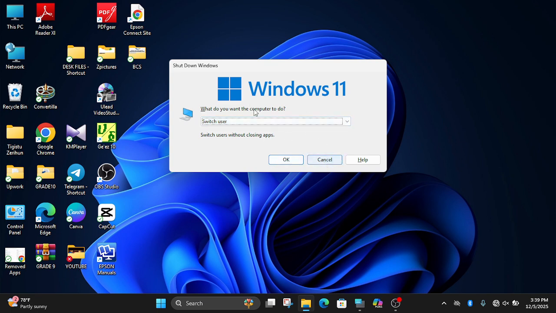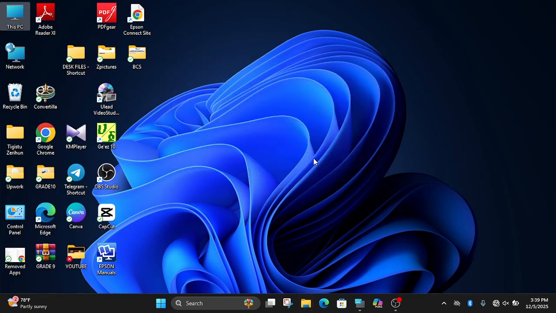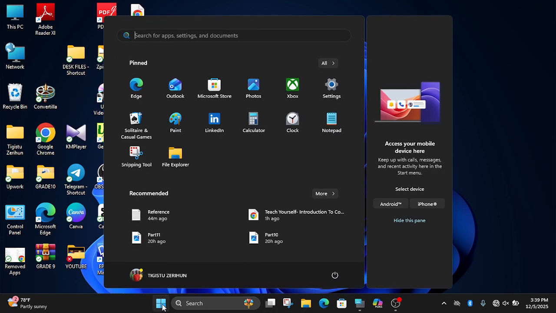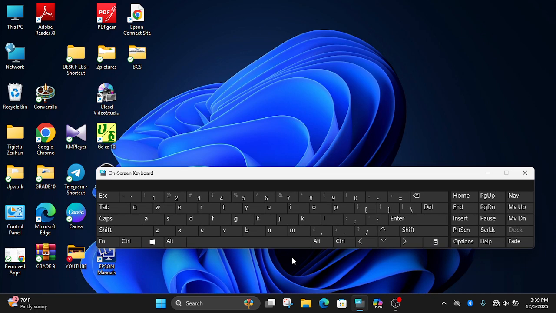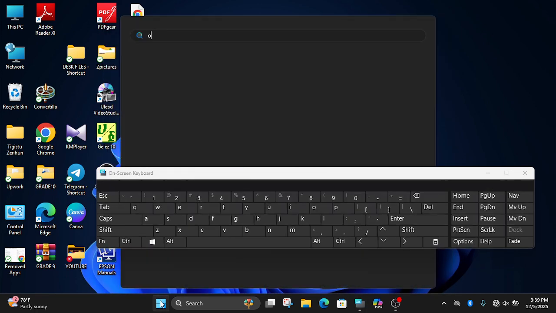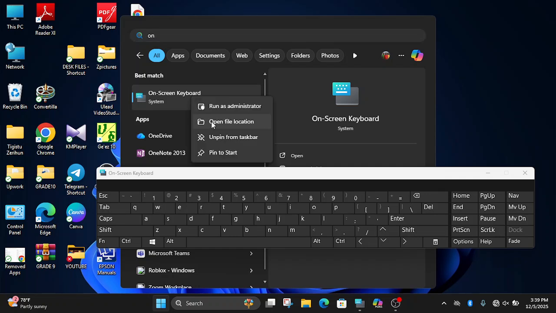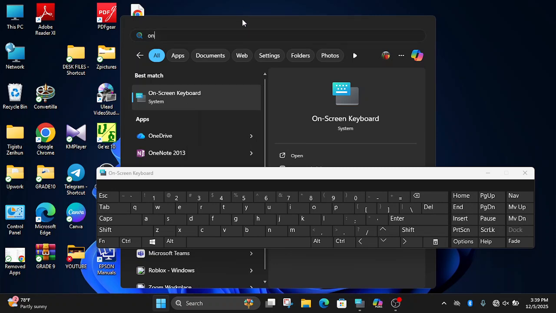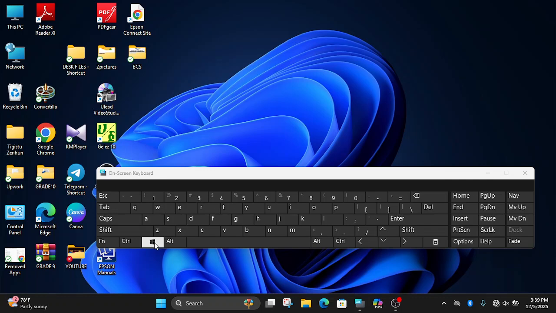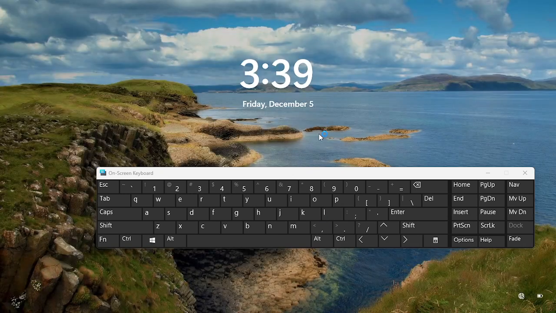The other option, using the keyboard to display switch user, is the Windows key plus the letter L. You can display the on-screen keyboard by typing its name, then it displays. Then you can pin it to the taskbar. Now I have already pinned it; to remove it, it's possible to unpin. The on-screen keyboard is pinned, so I can also use it. Windows key with letter L displays the switch user screen.